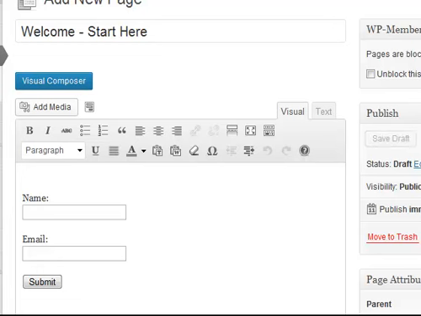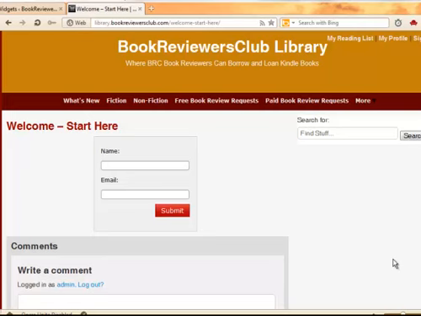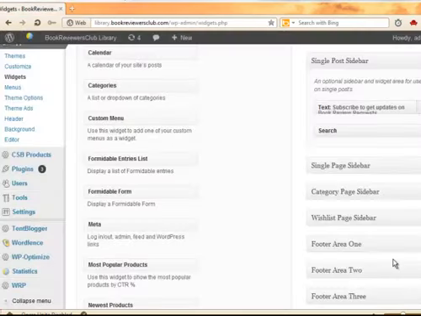And that's it. Now I've got a page with my newsletter subscription, and I've got it in the widget as well. So we can actually take a look at this real quick. I don't actually remember where I have that other sidebar, but there it is. There is the login right on the welcome page. So the next thing I would do is just add that to my menu bar and I'd be set. And that is how you add